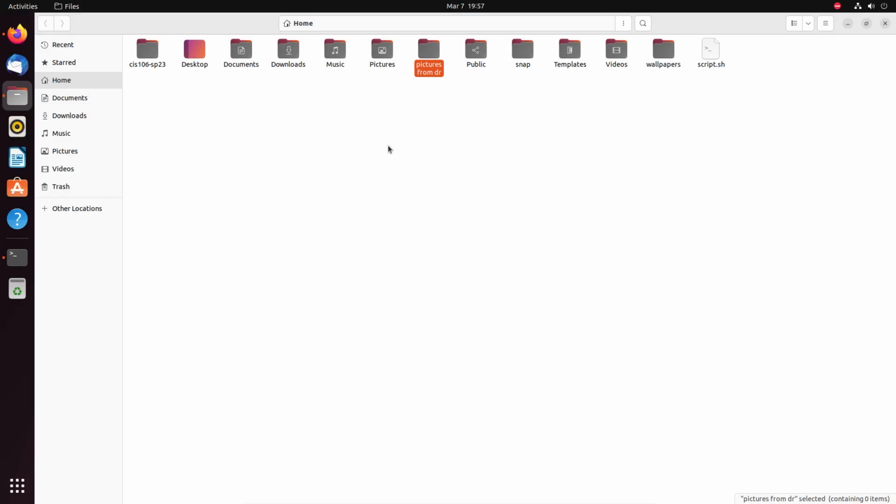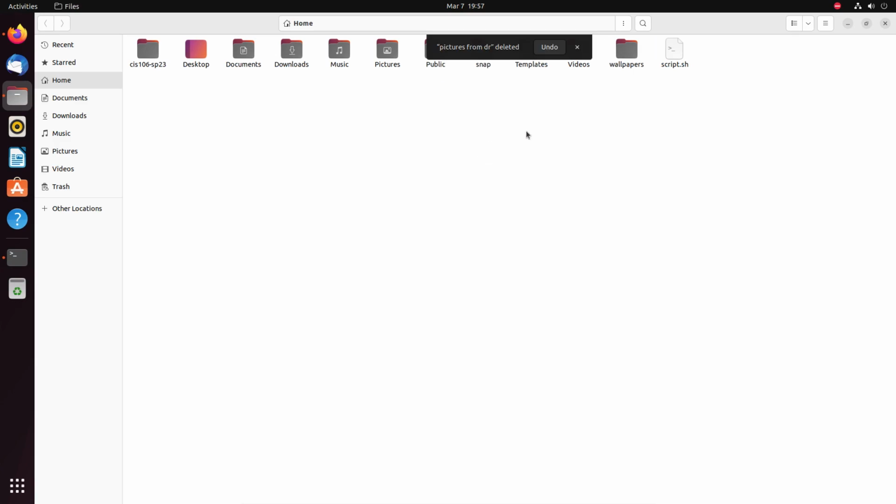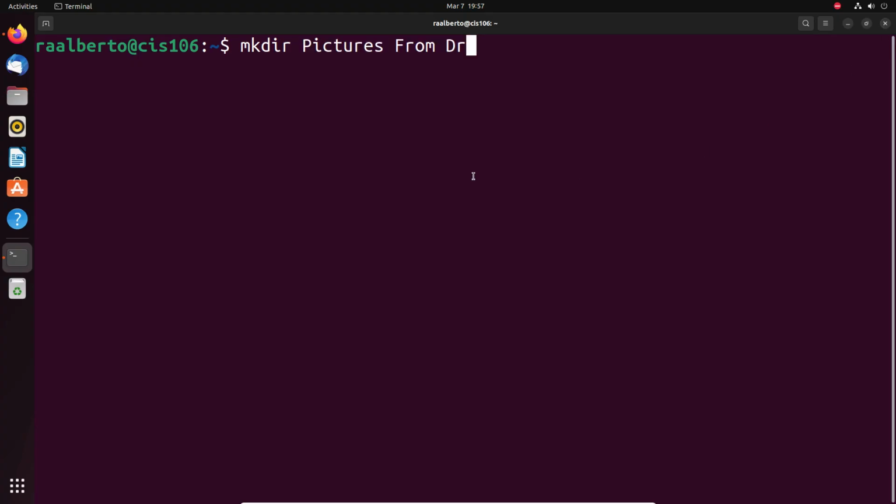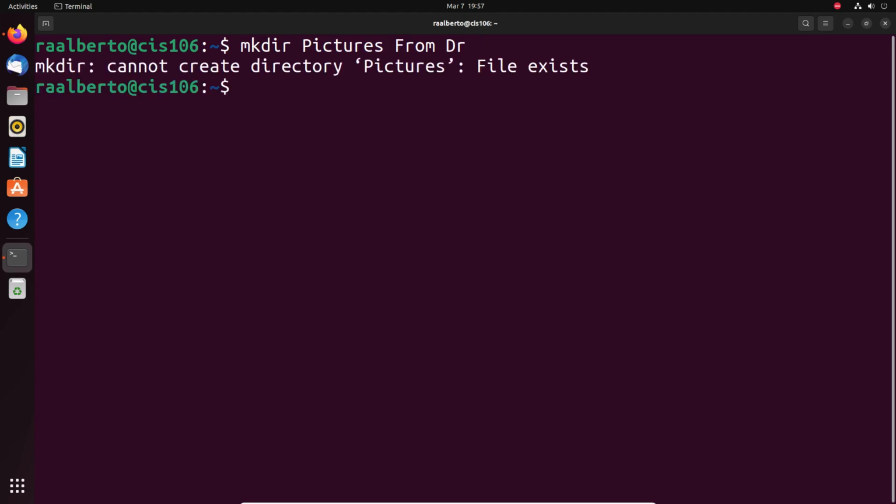Now when I do this, notice that a folder with that name gets created. I want to do the same in the command line. So I'm going to move this to trash first. When I press enter over here, that's not what is going to happen. If I press enter here, oh, pictures already exist, my apologies, that's not what I want to, this is what